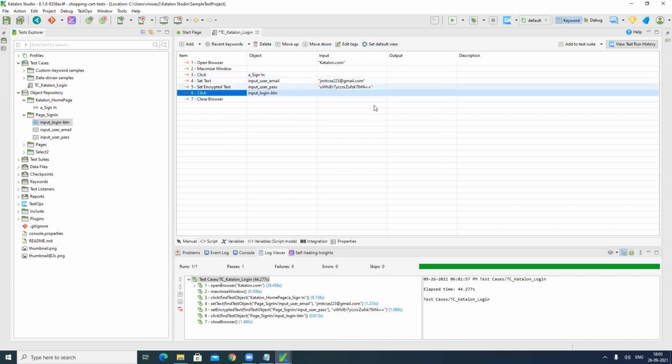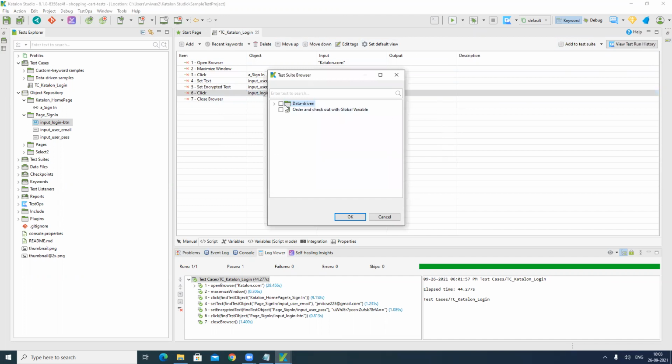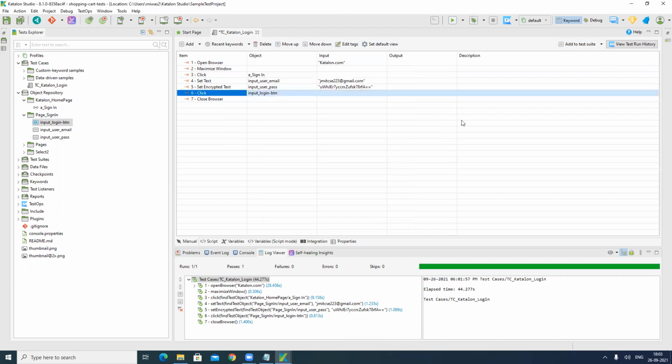Once your test case is created and you think it is part of an existing test suite, you can add it to any existing test suite, as well as create a new test suite for it.